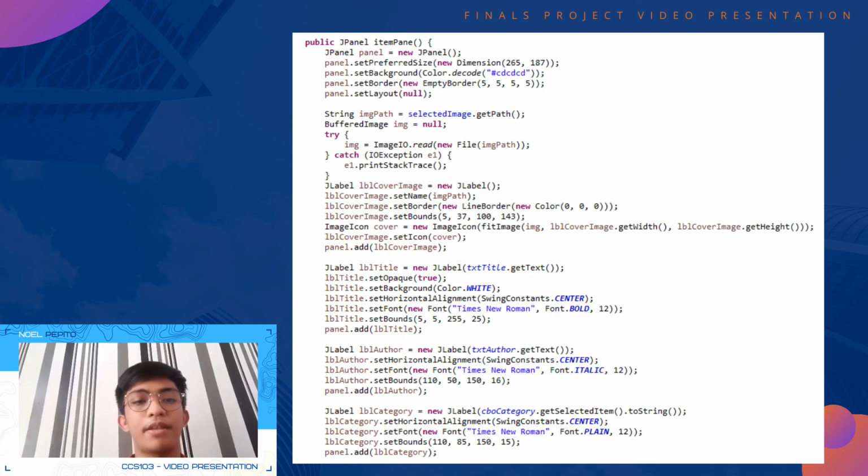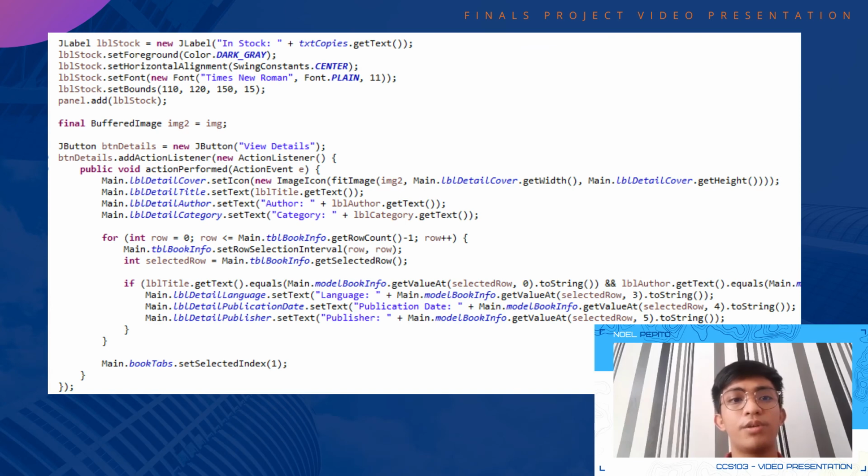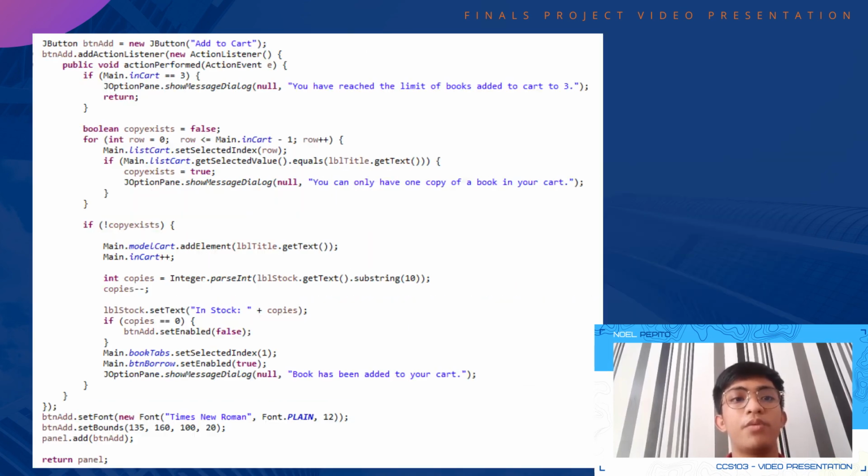Next is the itemPane method. This method's purpose is to create mini JPanels in the search tab under the books menu in the main frame. These created panels use the data inputted by the user after creating a new book and display that information, like its title, the author, and some more, under the search tab. The code for the panels will also include two buttons, the View Details button and the Add to Cart button. The View Details button will show all the relevant information about the book in another tab pane, while the Add to Cart button will take a copy of that book and transfer it to a list of books that is being prepared to be